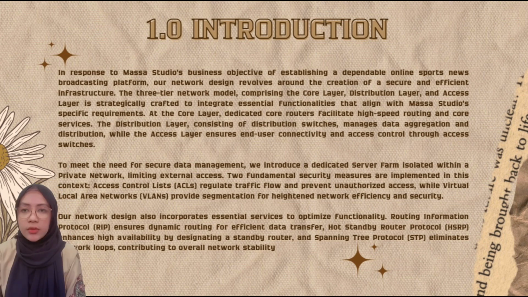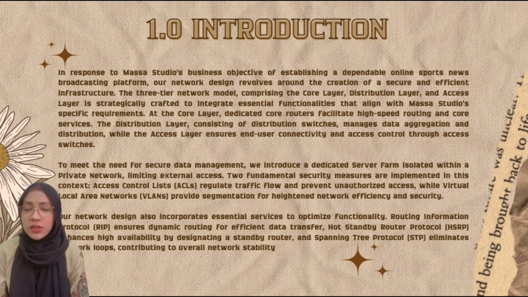Number 1, introduction. In response to Masa Studios' business objective of establishing a dependable online sport news broadcasting platform, our network design is built around the creation of a secure and efficient infrastructure. The three-tier network model comprises the core layer, distribution layer, and access layer to integrate essential functionalities that align with Masa Studios' specific requirements. At the core layer, dedicated core routers facilitate high-speed routing and core services. The distribution layer consists of switches that manage data aggregation and distribution, while the access layer ensures end user connectivity and access